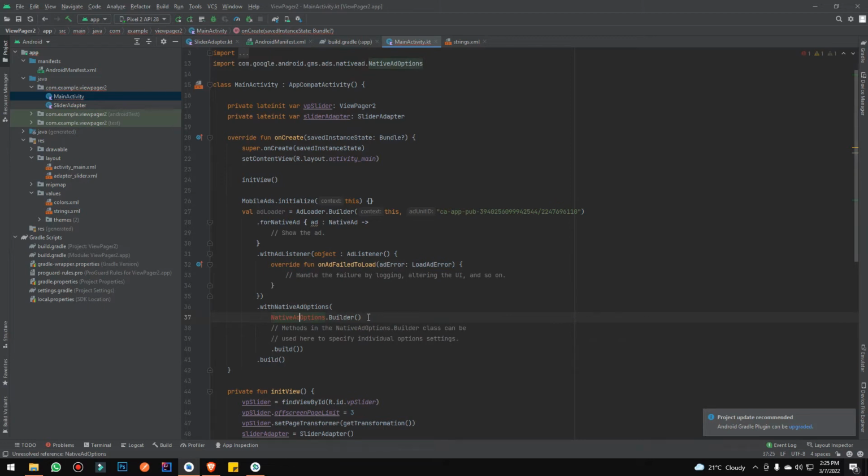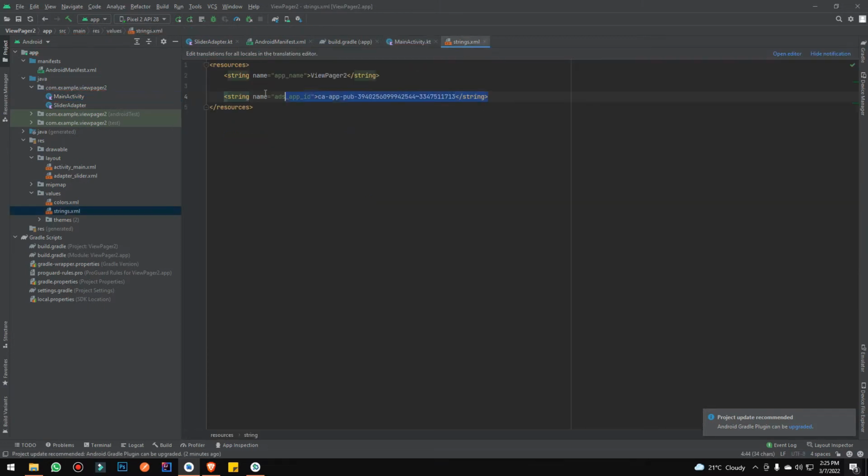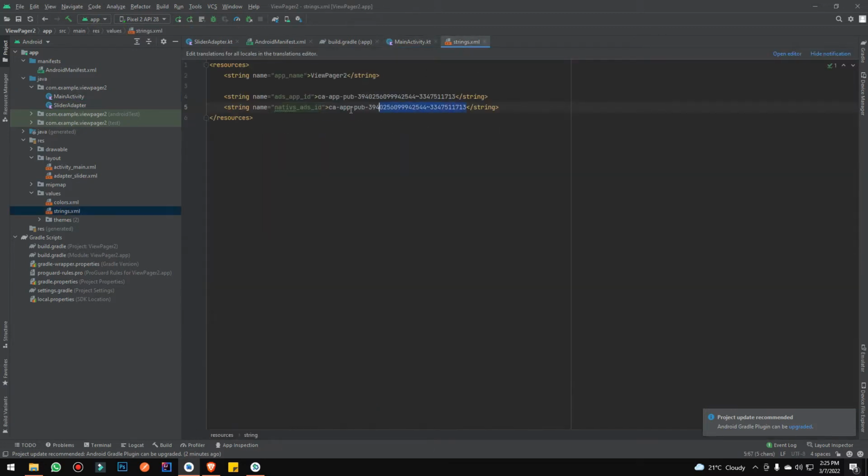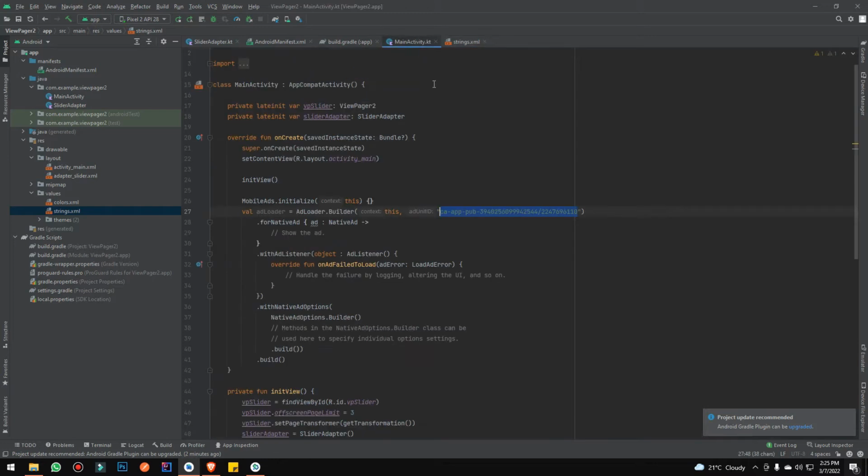And I'm going to copy this inside our string file. I'm going to change the ID to native ads ID, copy this and paste it here, and we're going to change this to